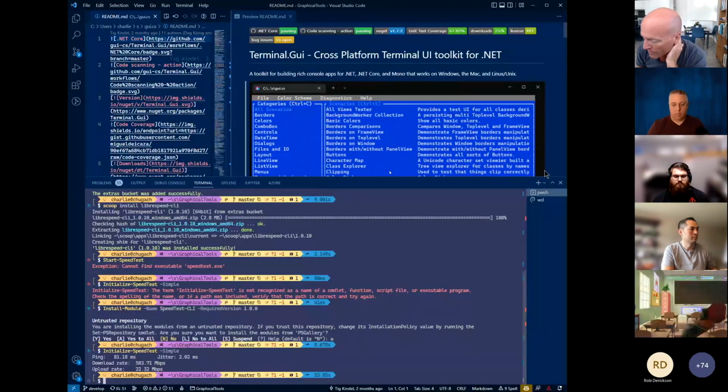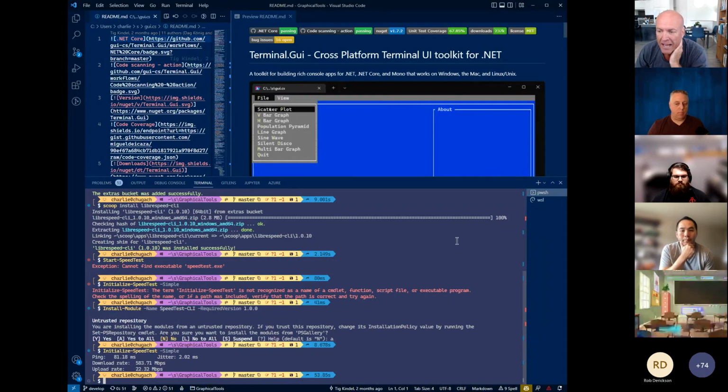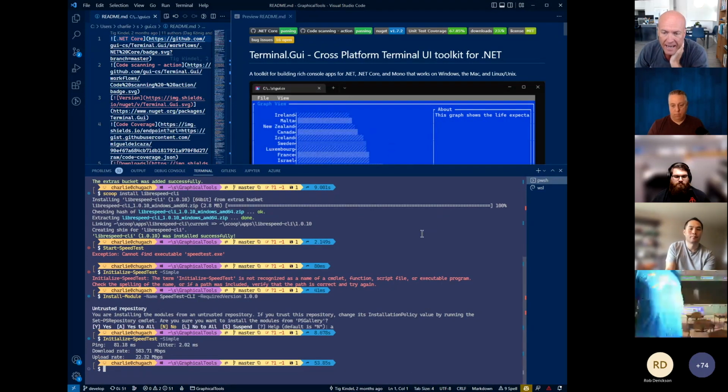I'm going to step through how this came to be, and then I'll do a demo of it directly. A couple of years ago, I was looking for an open source project where, instead of just building my own and contributing myself, I could gain experience being a maintainer. I was talking to Miguel de Icaza, and he had created a project in .NET to create cross-platform console UI or terminal UI applications in .NET. He graciously let me take that over and maintain it.